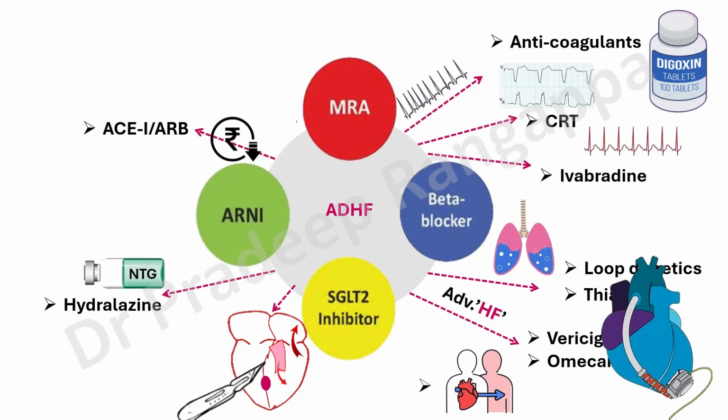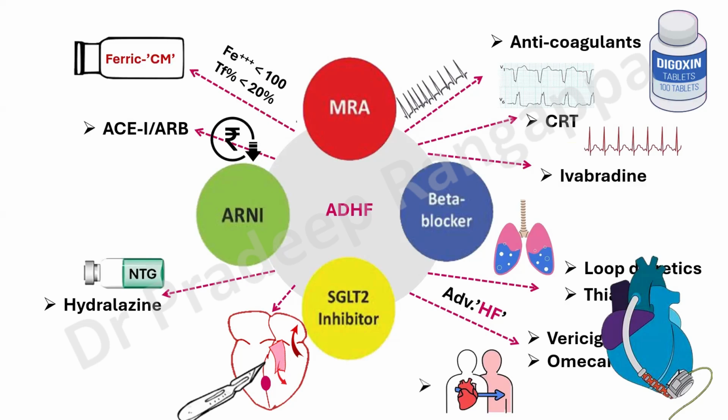And ARNI, angiotensin receptor neprilysin inhibitor, is something that can be a little pricey. So as an alternate, you can think of ACE inhibitors or ARBs, which are more cost effective. And in patients where you have iron deficiency anemia with heart failure, with ferritin less than 100, transferrin saturation less than 20%, you have to look at replenishing them with ferric carboxymaltose. So these are the different dimensions that you need to address in a patient with heart failure. The main ones are the 4 pillars I put in the rounds, and the additional problems that you may have have to be addressed with these other components that have been depicted.